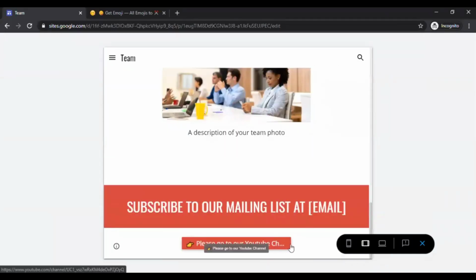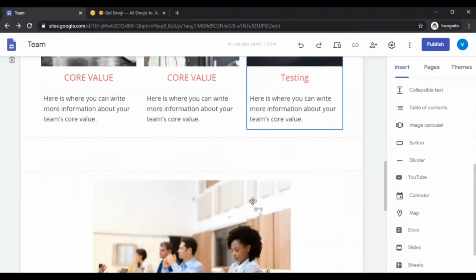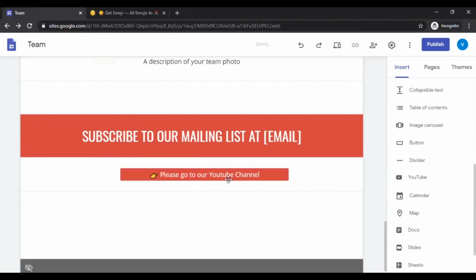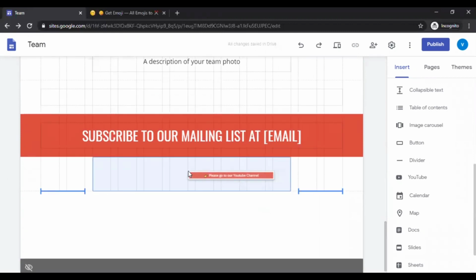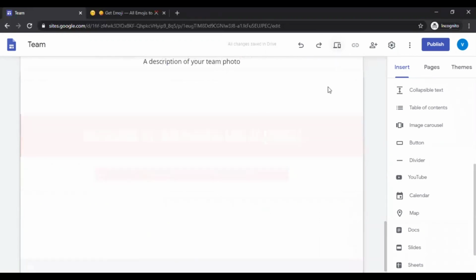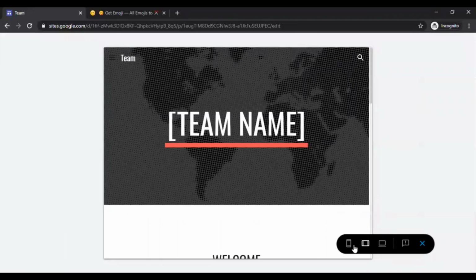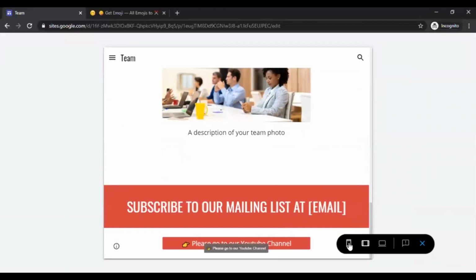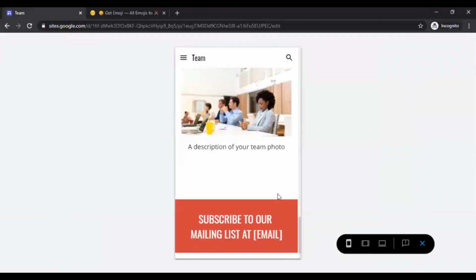Now see the text has been done, and so we need to update. Please press the preview button now. Now you can see the text is not done.